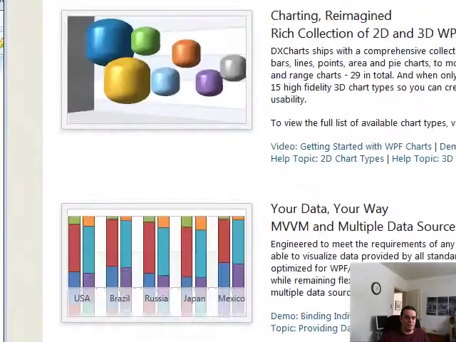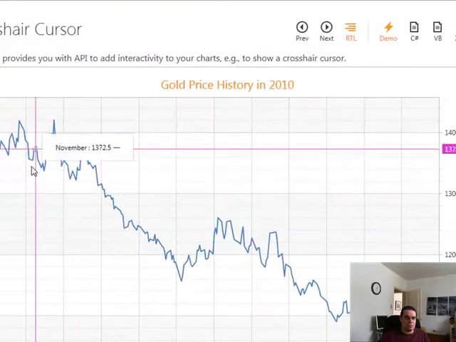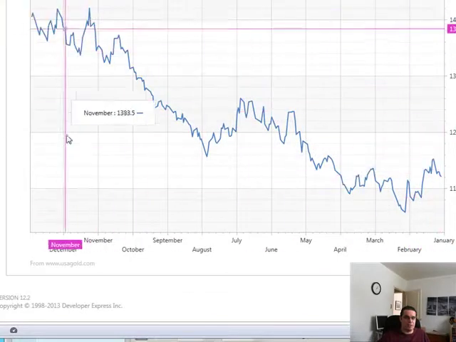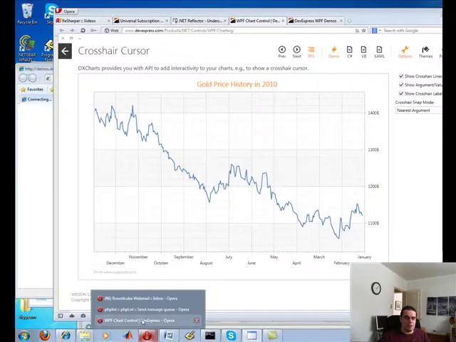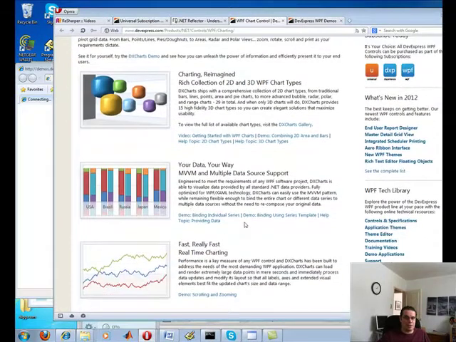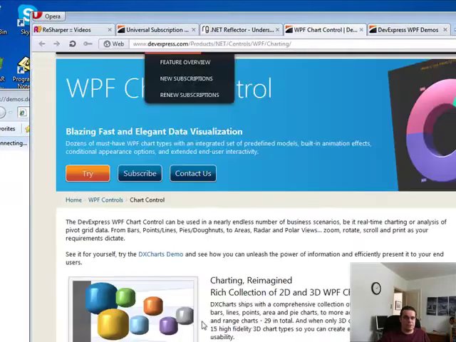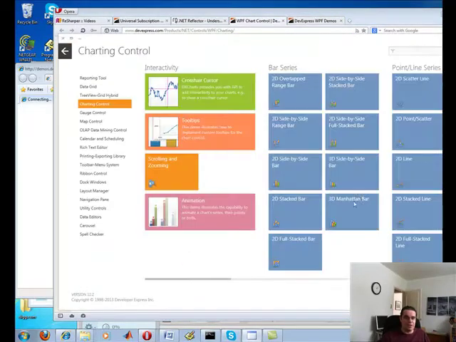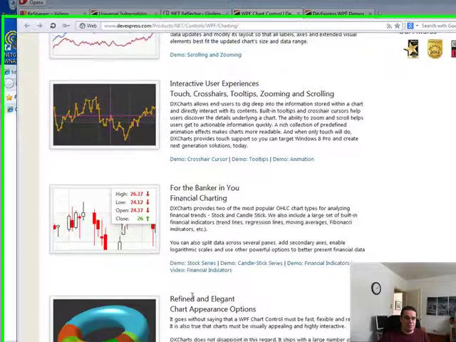Under DevExpress, it's not cheap, but I'll just show you an example of it. So this is obviously the capabilities with this, could be set real time if you really wanted to see it in its capabilities. It just is kind of cool. Let me just show you some of the other types of tools out there, but this is specifically for trading purposes, for the chart. But you can see you get a lot of the modern Windows 8 interface with the Metro,